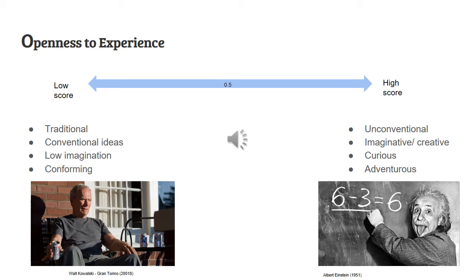Now, considering a bit more about each factor, I'm going to explain what it really means to have a high score or a low score. So the first one, openness to experience. A high-scored person is considered as someone with a lot of creativity, curiosity, a sense of everyday life adventure, and also an interest in unusual ideas or people, meaning unconventional. A good example could be Albert Einstein, because of his eccentric ideas for his time.